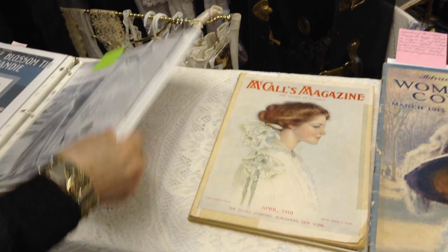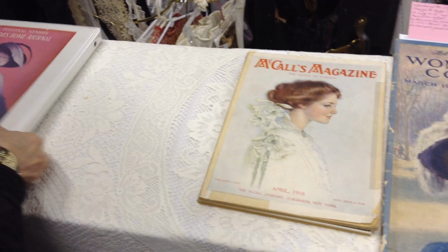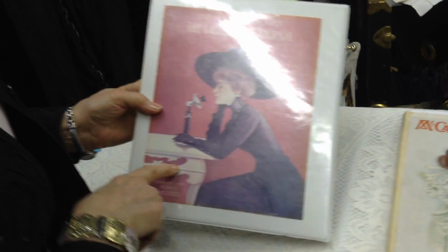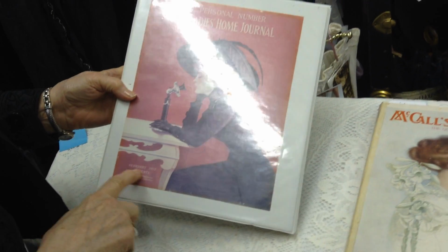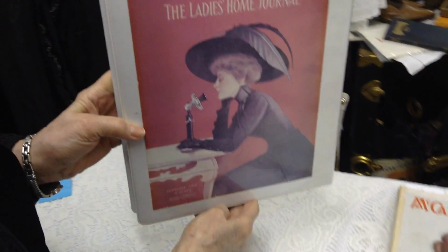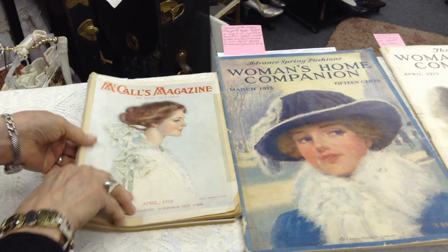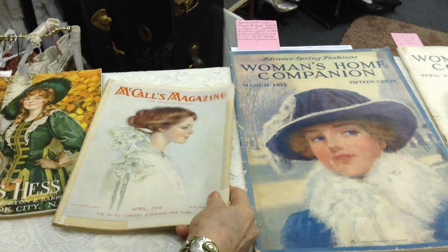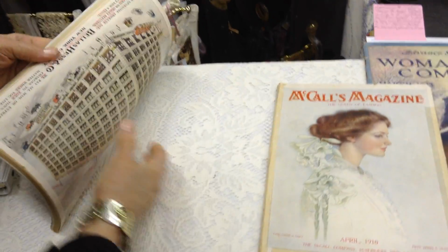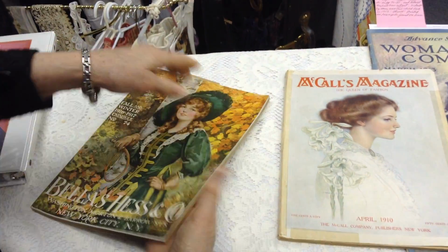Okay, so that does it for my Xerox book. Oh, isn't that cool? Well, we'll have a telephone like that over here on the piano. This is February 1912 of the Ladies' Home Journal. That's sitting over there too. Okay, my only catalog is this one. Let's do it first, and then we'll start zooming through the magazines. This beautiful thing,